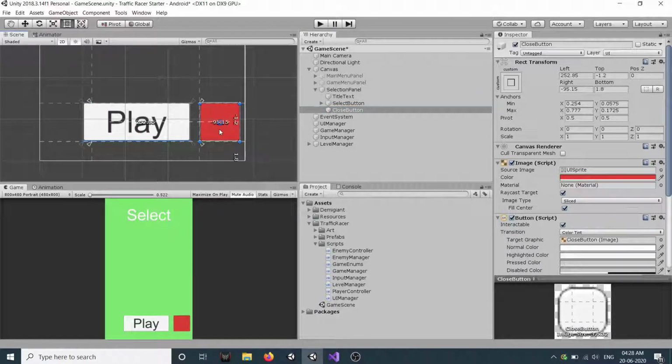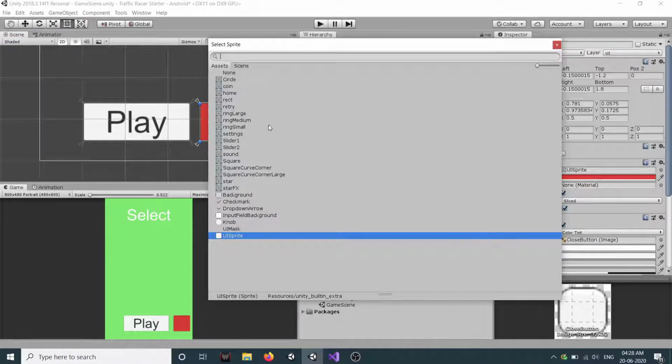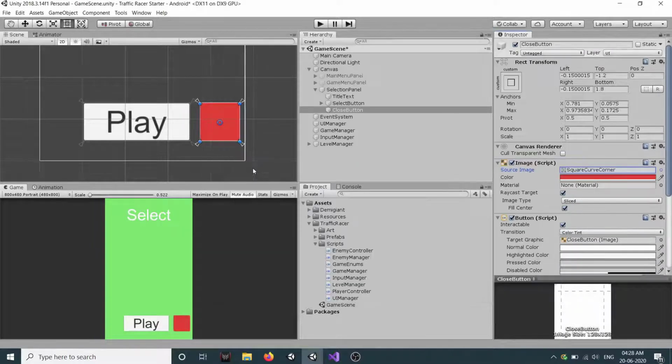Okay, you can just adjust the buttons as you want. Instead of this UI sprite we are going to use our sprite, which will be a square curve corner.